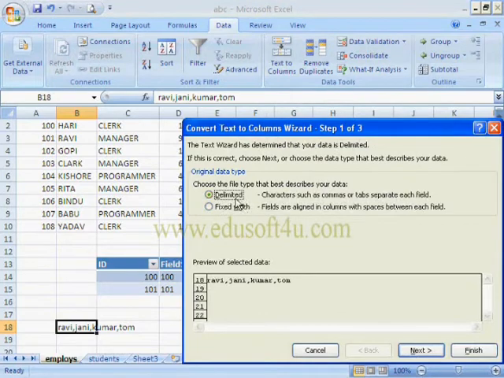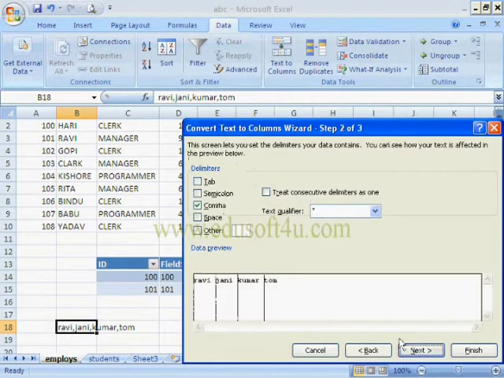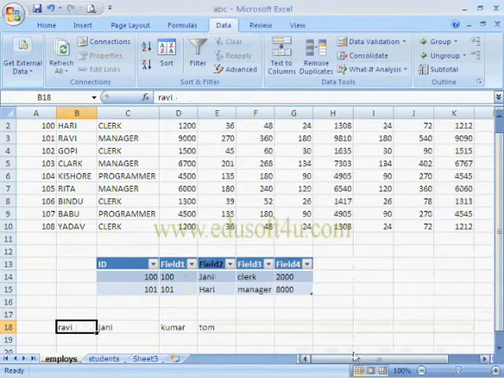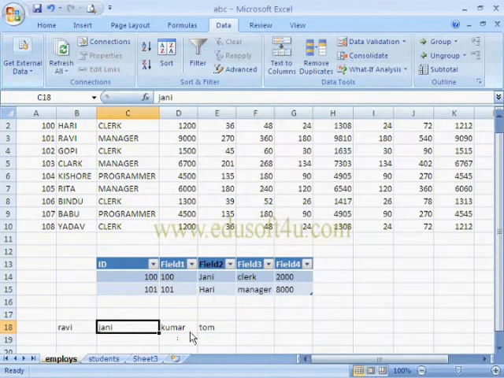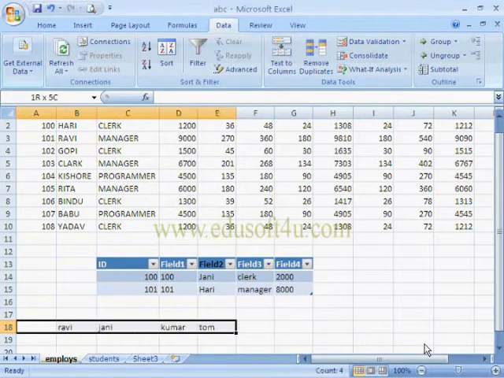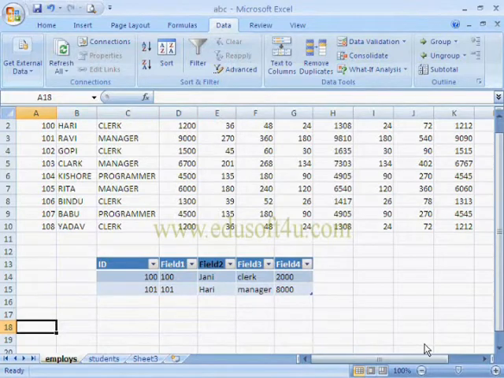Here we have to select either delimiters or fixed width. Next we have to select delimiters like tab, semicolon, comma, etc. I have selected comma and click on Finish button. And now we can see the names are placed in each cell. Like this, we can change the text into columns.